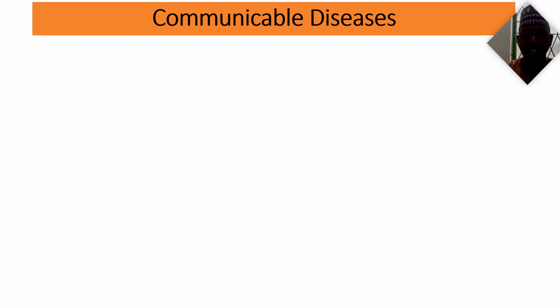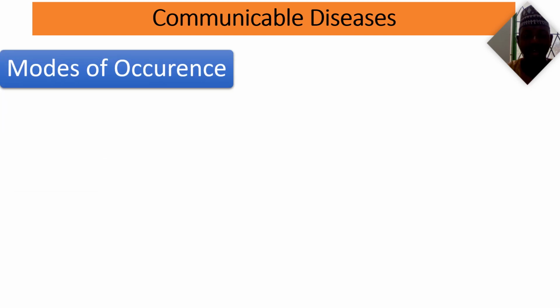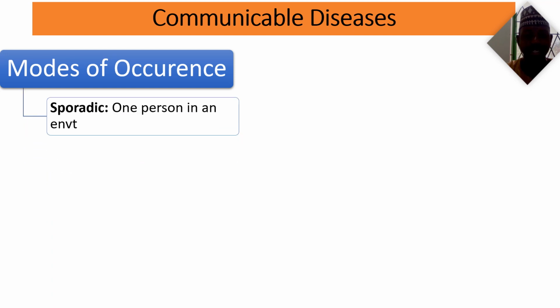So now let's look at the modes of occurrence of communicable diseases. We want to start with communicable diseases and discuss them in detail. Then we take the non-communicable diseases. Now, communicable diseases can occur in several ways. That is, the occurrence of the communicable diseases. It can be